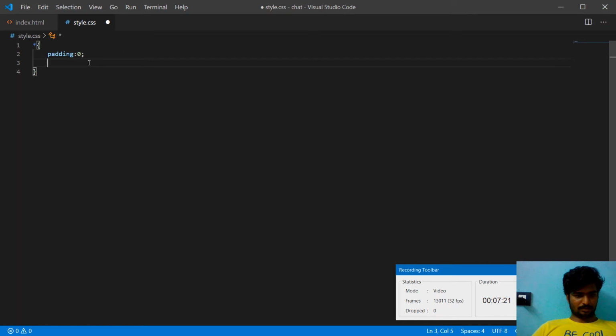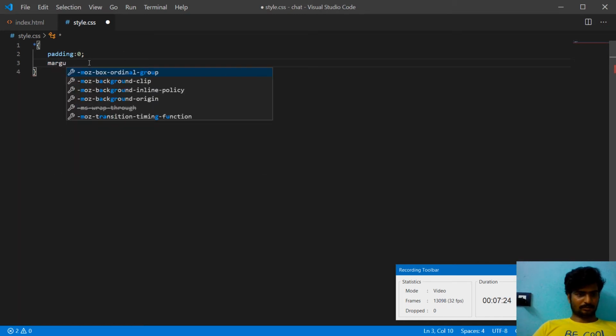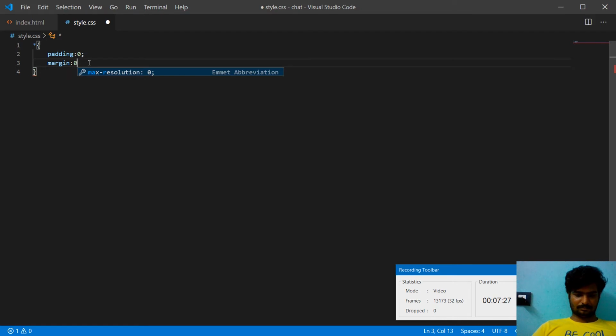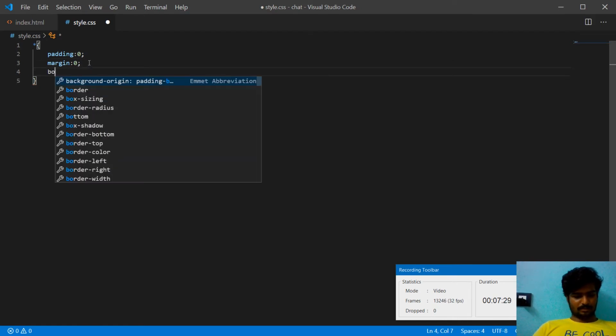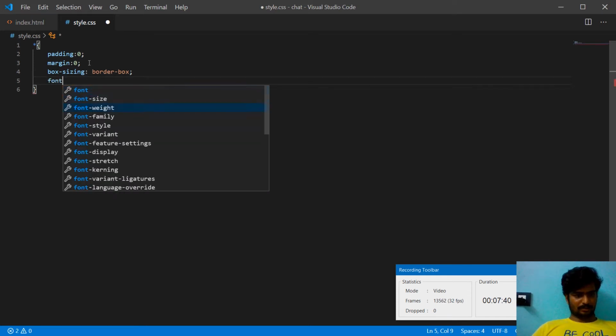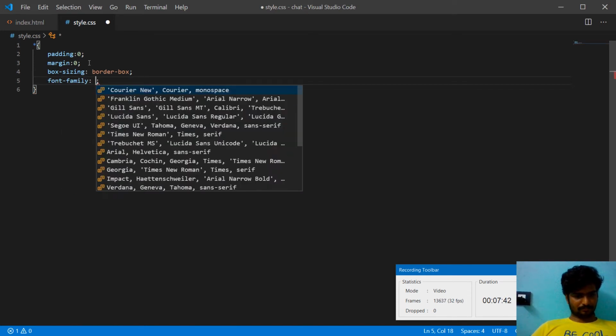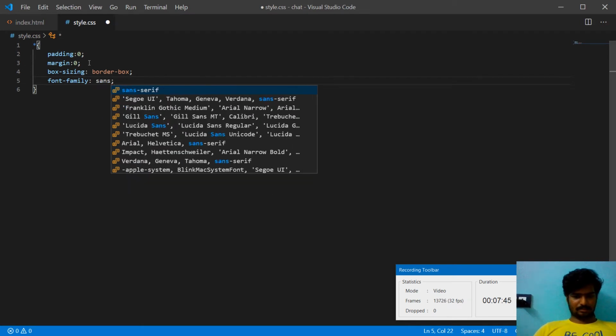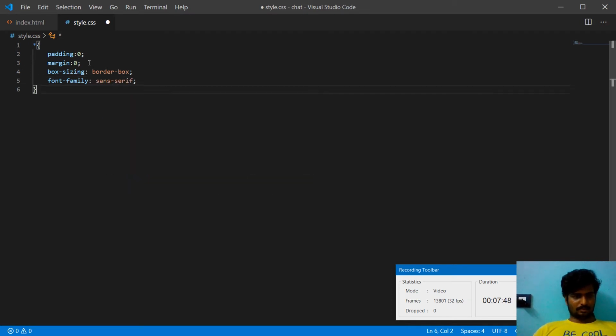Let's have it as 0. Margin and box sizing like border box. And we can have font family sans serif. You can change it as per your needs. And next is the container class. For class container